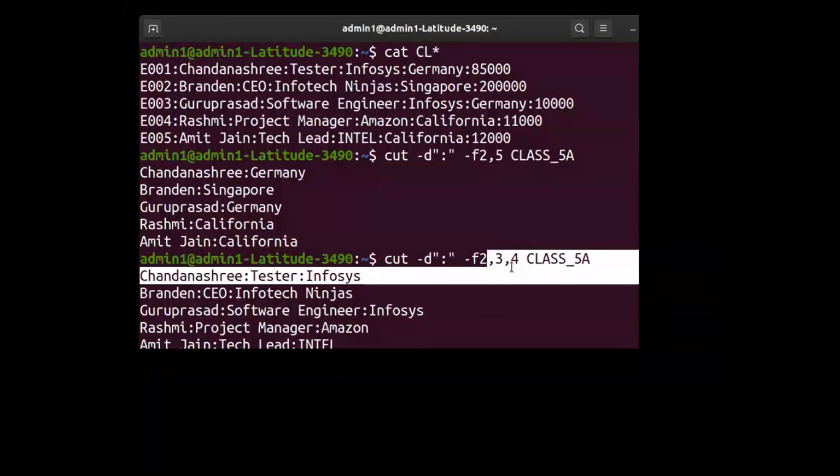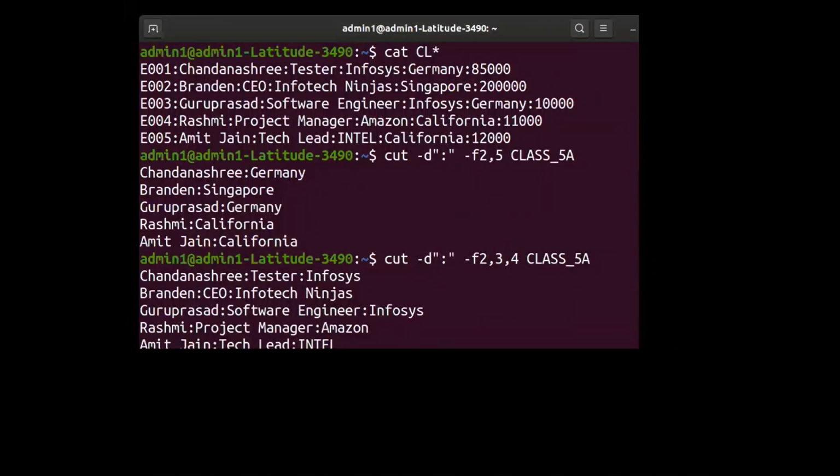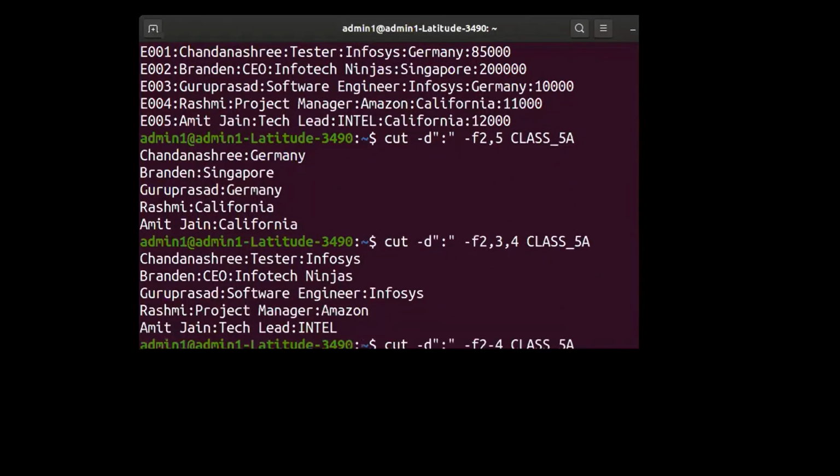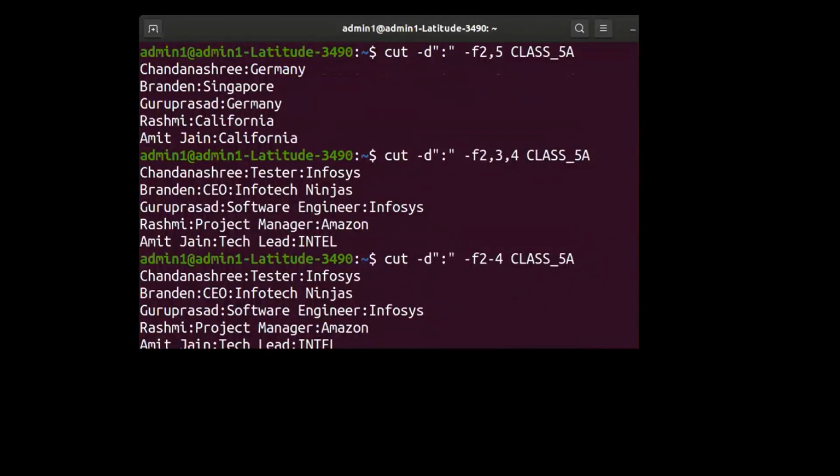When you closely observe the fields that you have displayed just now, 2, 3, 4, they are continuous. So when they are continuous, the cut command provides one more way of doing it. You can use a hyphen: 2-4, where the hyphen stands for range, 2 to 4. When you say 2-4, it is nothing but field 2, field 3 and field 4, which is as good as telling 2,3,4. See here, we will get the same output. Have a look at the output carefully: the output generated when I gave fields like this, and the output generated when I gave fields like this.